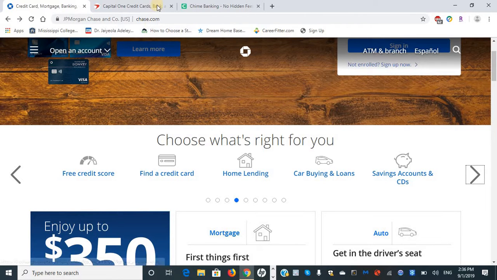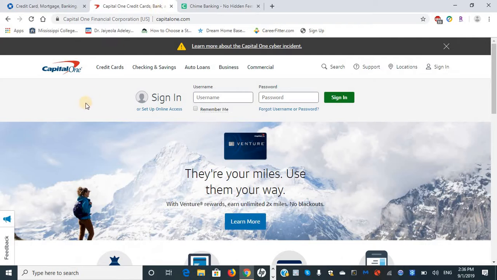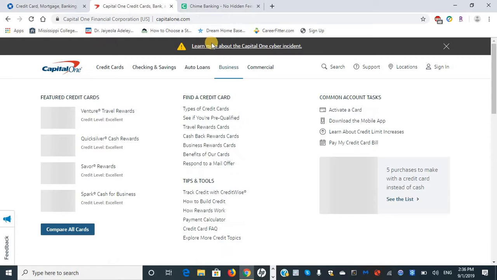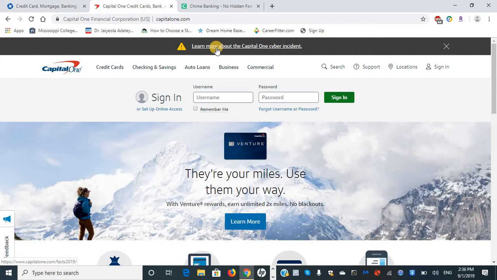Okay, so unlike Chase Bank, we got the logo right here in the upper left hand corner. But also I want to mention before I go into any of these tabs, they do, however, have a recent incident. I see that this is a warning message, due to this triangle with the exclamation point, and it says learn more about the Capital One cyber incident. So when I click on this,